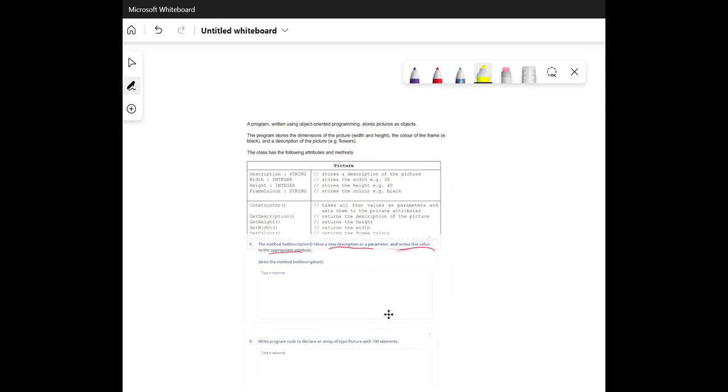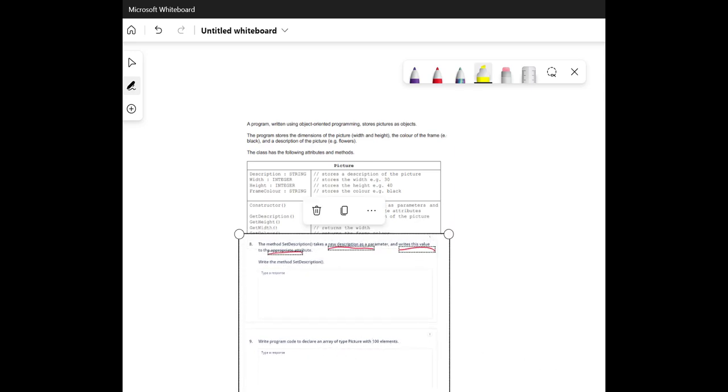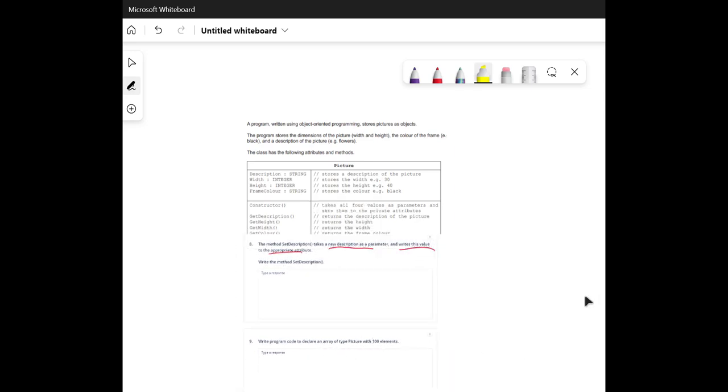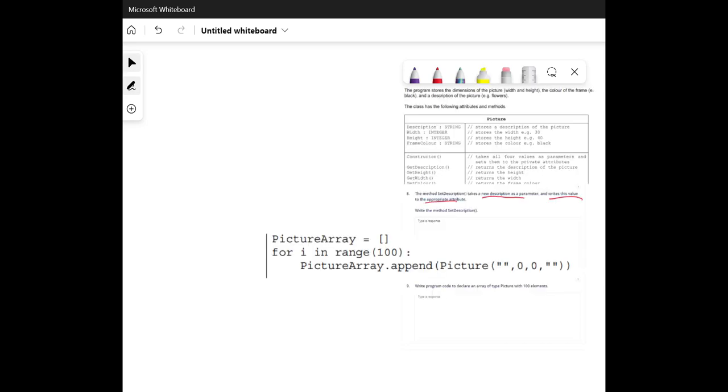Write program code to declare an array of type picture with 100 elements. So there are different ways of us doing it. So the example would have gone with this method where we just set a nice 1D array, we loop through 100 times. Each time we loop, we add to the array our class picture, where we're creating our object, and we're passing into our constructor